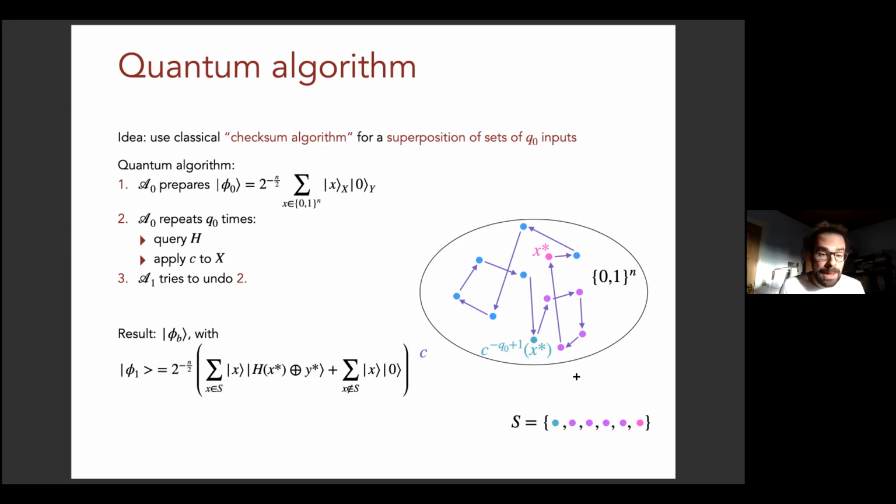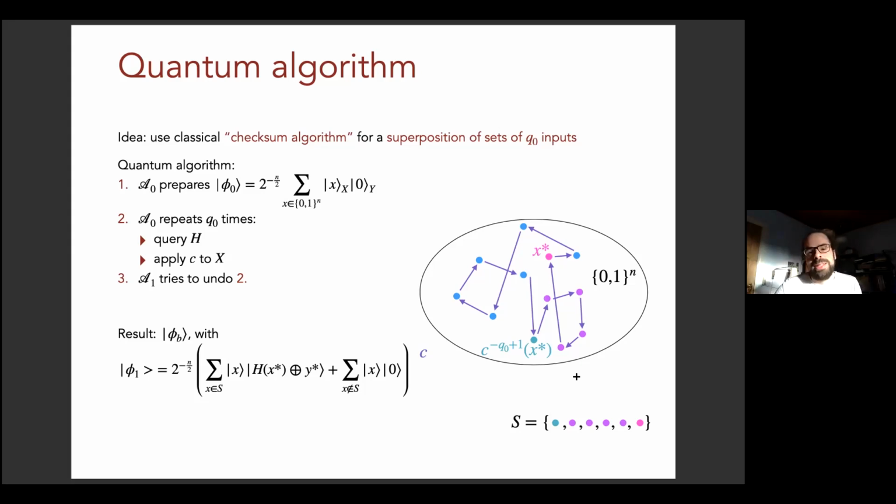Now it turns out that, of course, if the oracle has not been reprogrammed, we get the state phi 0 back. But if it has been reprogrammed, then we get the state phi 1, which I show here in the bottom. And it's just a superposition where basis states in the set S are paired up with a computational basis state that's different from 0 with high probability. Basically, the old output at x star, XOR the new output at x star, and every other input is paired up with the 0. So there, basically, the uncomputation has succeeded.